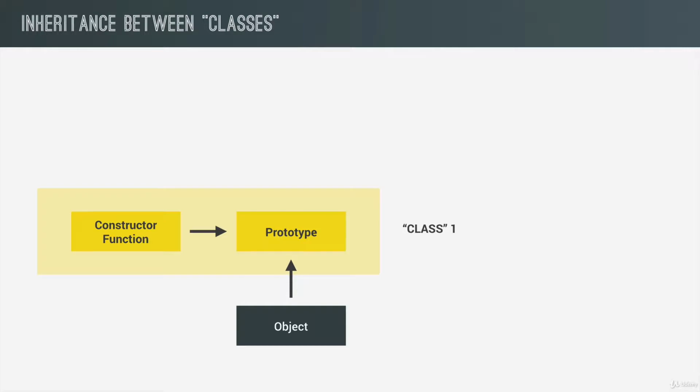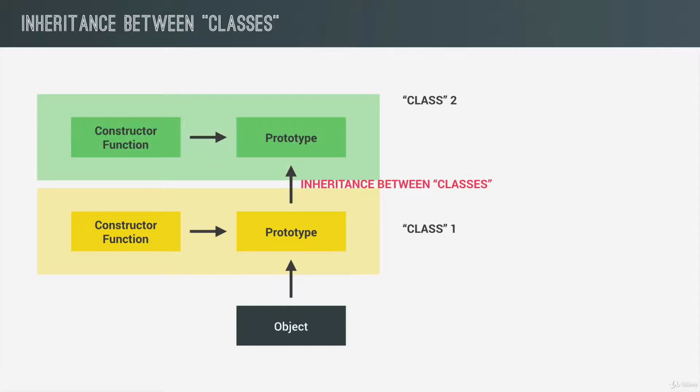So what I'm talking about is real inheritance between classes, and not just prototypal inheritance between instances and a prototype property like we've been doing so far. And I'm using class terminology here because this simply makes it easier to understand what we're gonna do. But of course, you already know that real classes do not exist in JavaScript. But anyway, here is what we're gonna do.